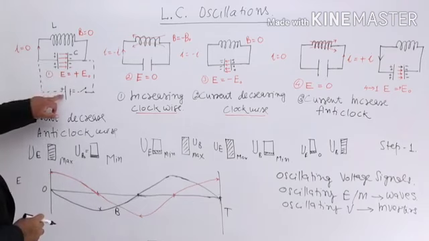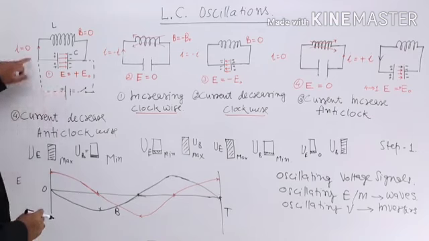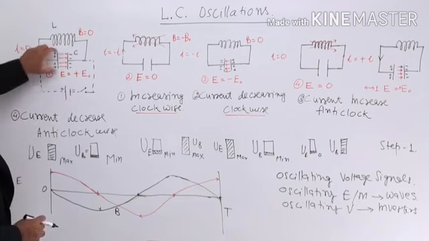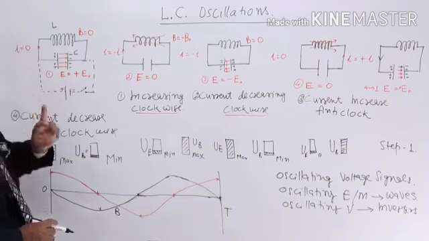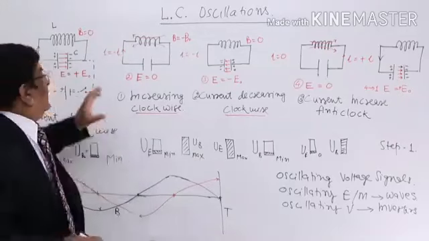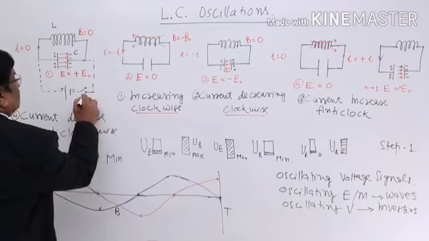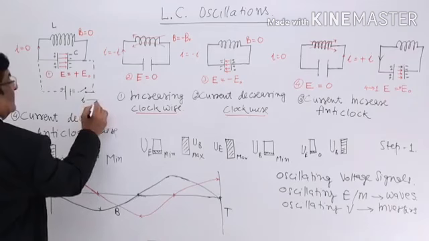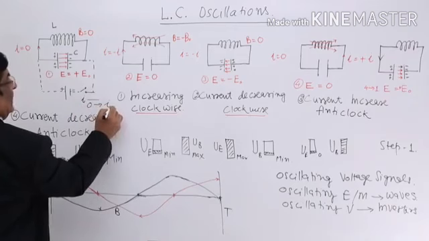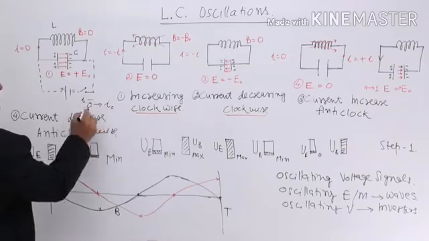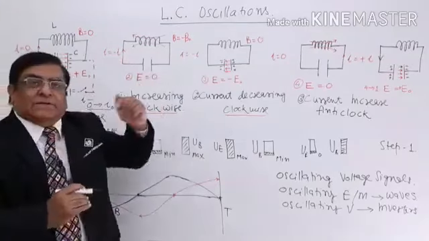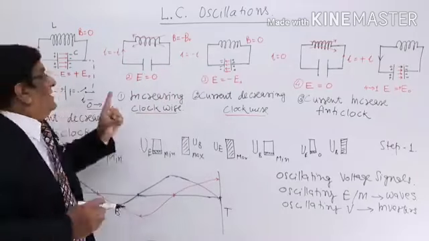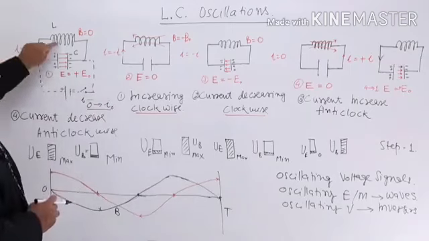When these positive charges want to go to the negative charges through this, then because it is a DC, here these are blocked. But you see the nature here, a very important thing. Initially here the current was 0. Suddenly when we switch it on, the current increases from 0 to the maximum value, I naught. 0 to maximum. This is a variation of current. The moment current jumps, there is a variation of current in this circuit, and